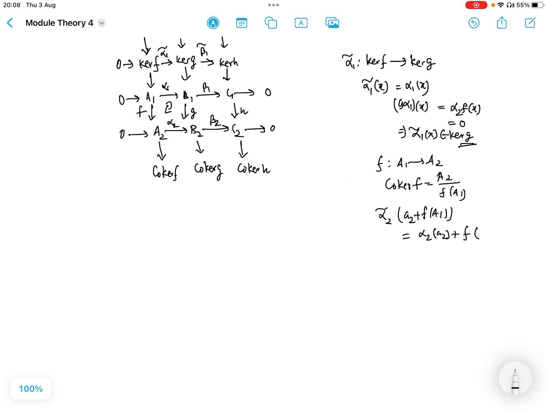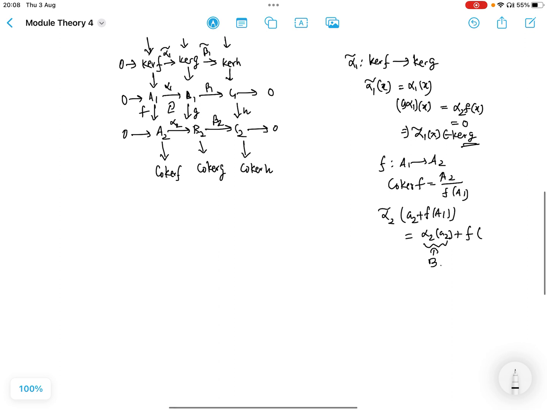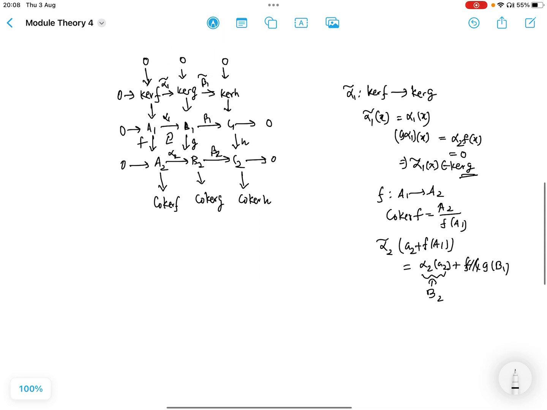This will go to, say, this. So my claim is this is the map from co-kernel of A to co-kernel of G. So this thing is in B2, and this should be the image of G, which is B1. Okay. Because we are talking about equivalence classes, we also need to take care of the well-defined property,